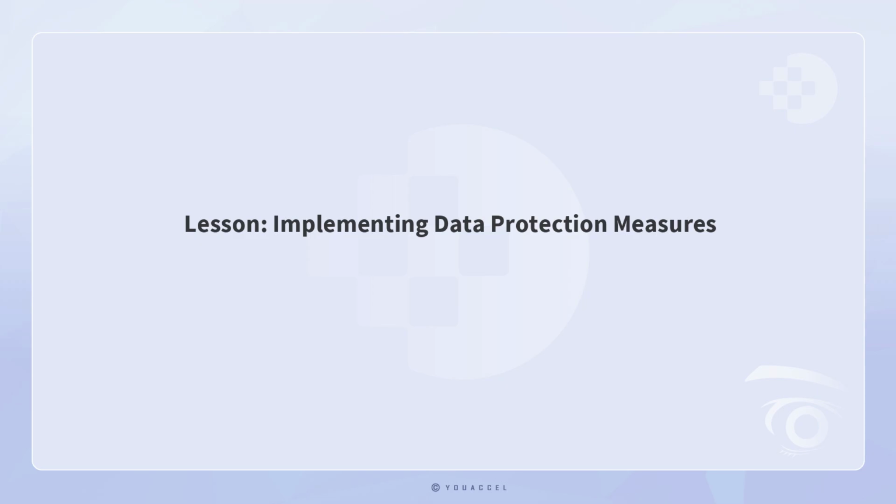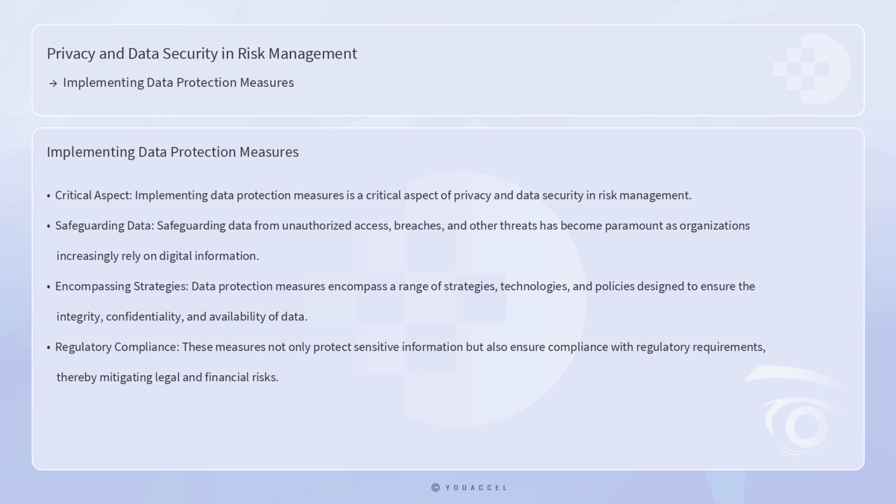Lesson: Implementing data protection measures. Implementing data protection measures is a critical aspect of privacy and data security in risk management. As organizations increasingly rely on digital information, safeguarding data from unauthorized access, breaches, and other threats has become paramount. Data protection measures encompass a range of strategies, technologies, and policies designed to ensure the integrity, confidentiality, and availability of data. These measures not only protect sensitive information, but also ensure compliance with regulatory requirements, thereby mitigating legal and financial